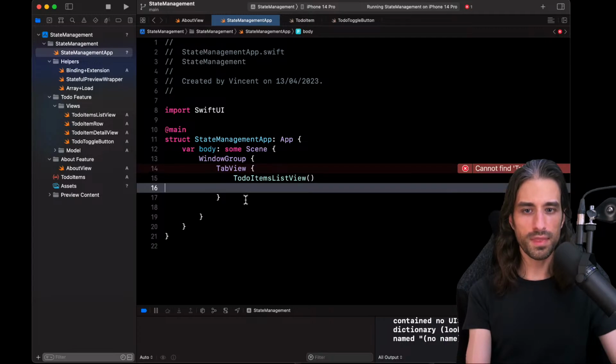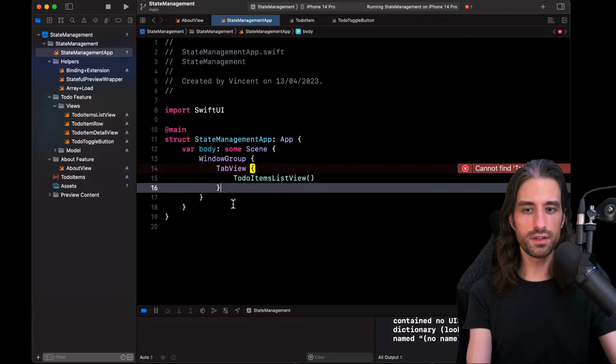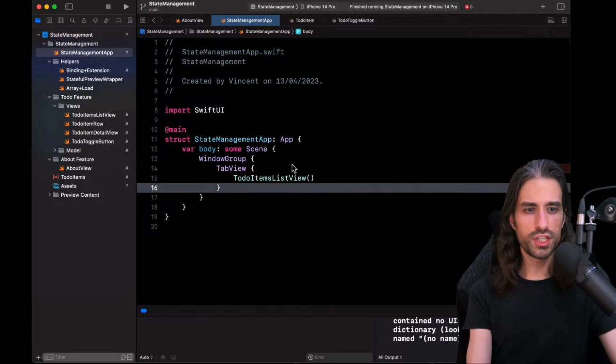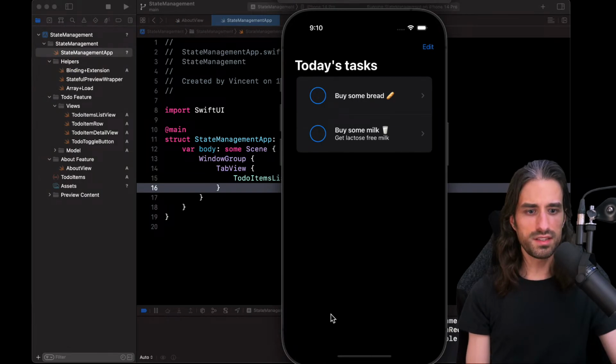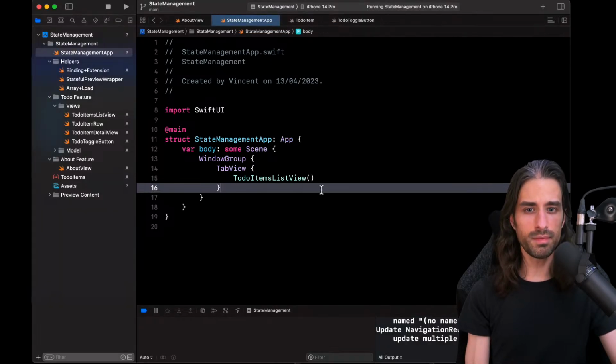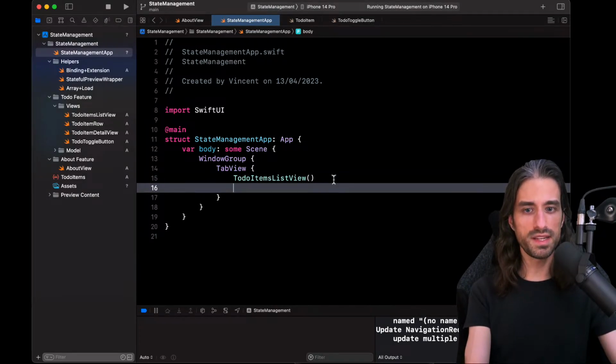So first, I put my to-do items list view inside the tab view. And I'm going to relaunch the app in the simulator just to see what this does. You can see for now there is nothing inside the tab view available, but it might be just because I haven't provided a tab item to say how the view should be displayed in the tab view.